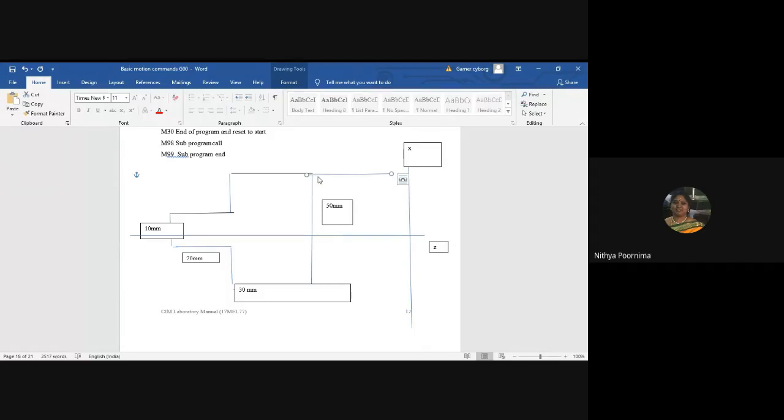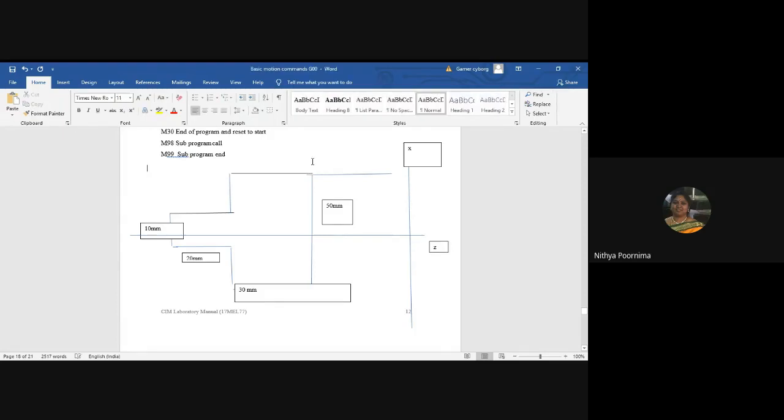Boys, what will be the coordinates? What will be the coordinates, boys? 0, comma 50. Correct?